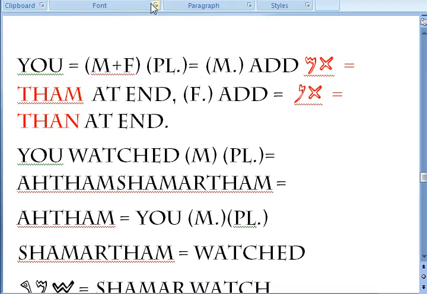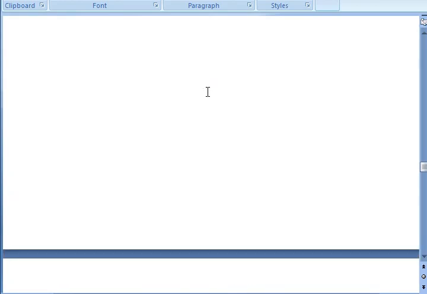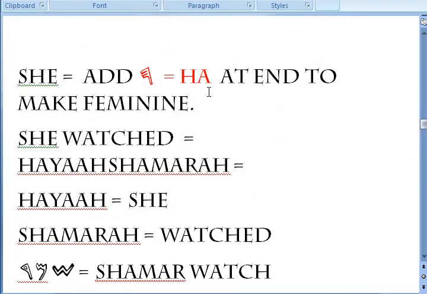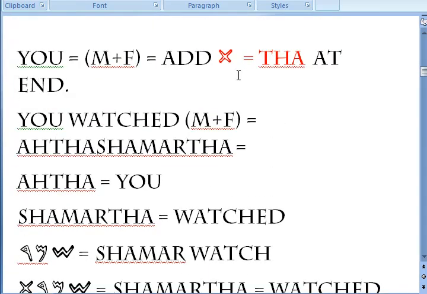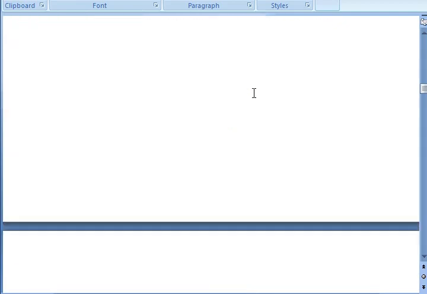All right. Remember we did the you, but we did the you singular. You know, which matter of fact, I'll go back up to that. What we did here is we did you, but this is you singular. You add the tha at the end. But when you say you